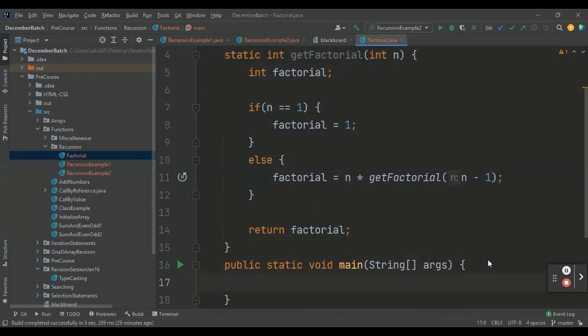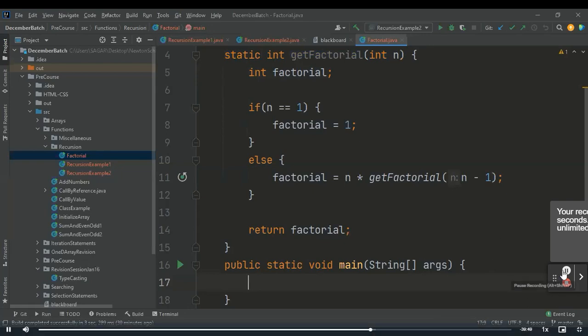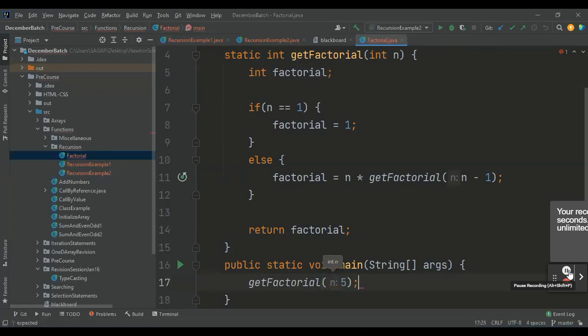In a standard way, you can say yes. Right? That means you need a base condition. You need to call the function again and again. You need to return the value if required. So that's pretty much the factorial function. Okay. So now we call the factorial function and pass some value, right? And then we can store the value